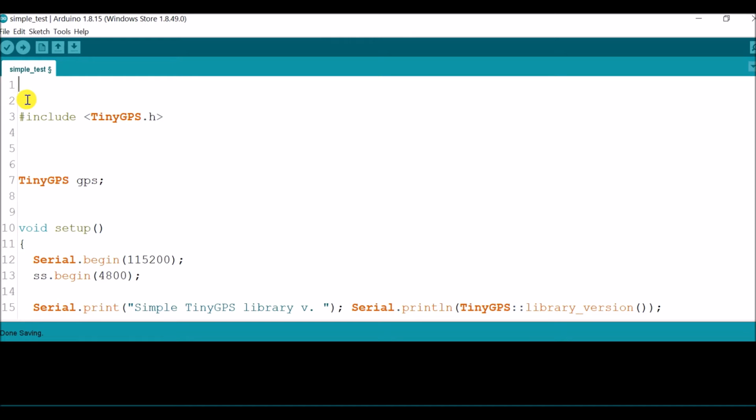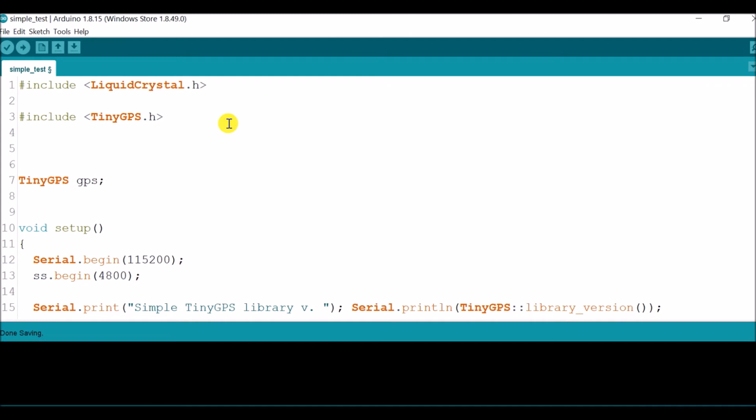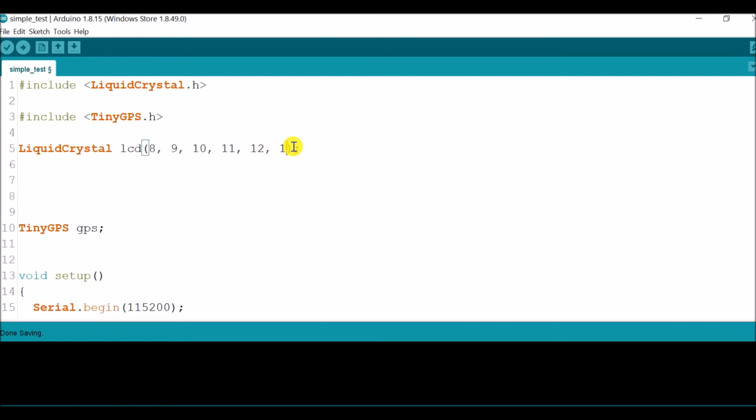Another thing is that we are going to use an LCD, and once I have the LCD I have to include the library of the LCD. So I will include the library. This is the library for liquid crystal, and then I have to show the connection as well. I have to mention how I have interfaced the LCD with Arduino, so those connections I have to mention. So I will write the lines. I have to modify the numbers.